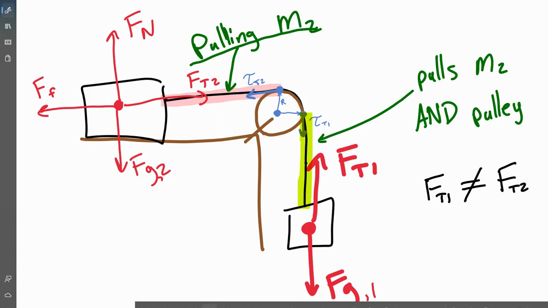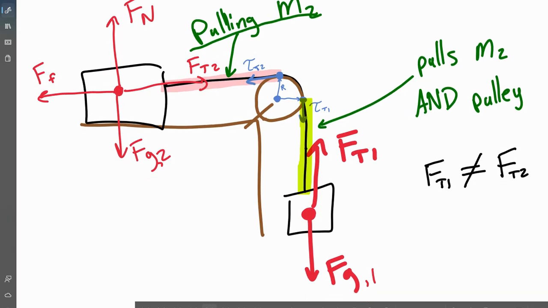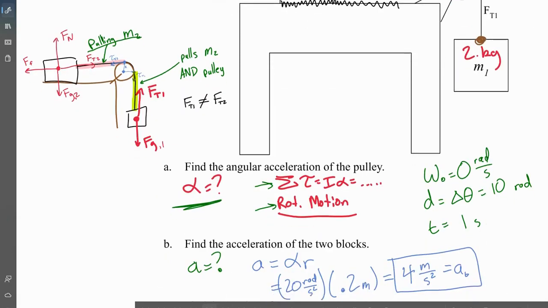This is weird, right? Because everything that we've been working with, force of tension 1 was equal to force of tension 2, so we just kind of ignored them all. But we can't do that anymore, because of this pulley. When the pulley has mass, that means that the first rope just is pulling the mass that's on the table. The second rope is pulling the mass that's on the table, and it's pulling the wheel. Okay. So that makes for some